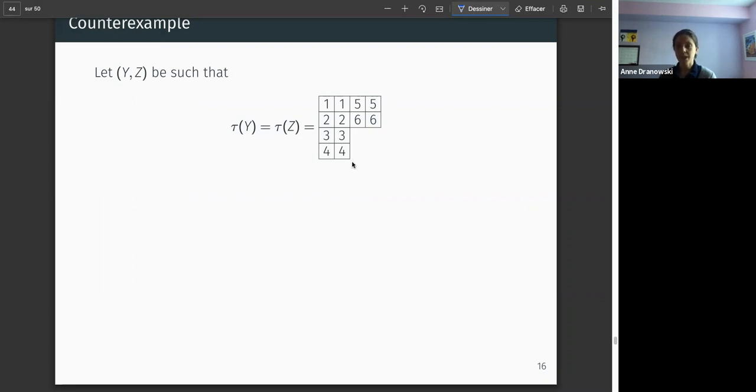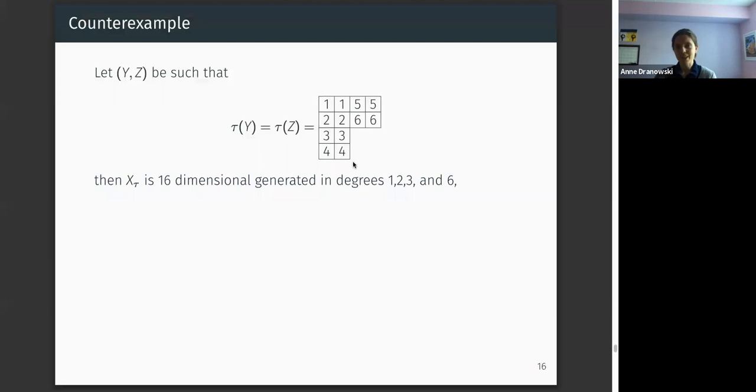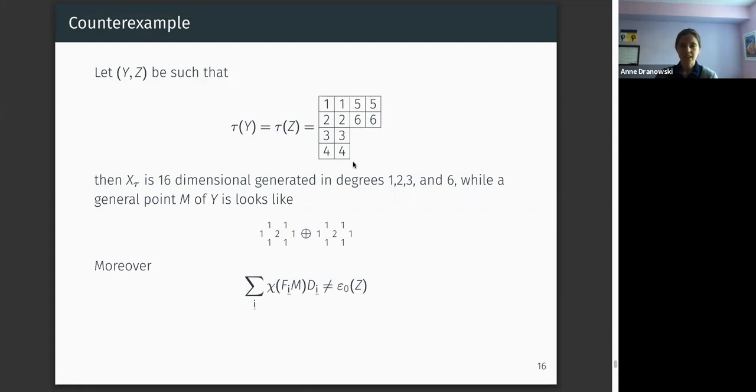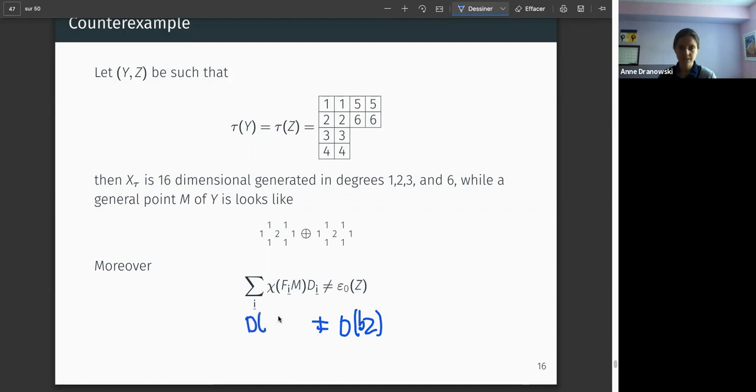We can check the counterexample that corresponds to a generalized orbital variety labeled by this tableau. We can find precisely the ideal of that orbital variety. It is quite complicated, and checking that D of B of Z is not equal to D of psi of M, the two basis vectors in this particular example,